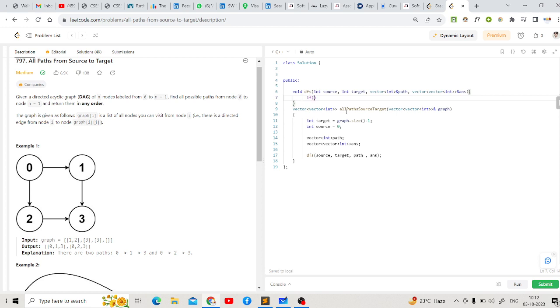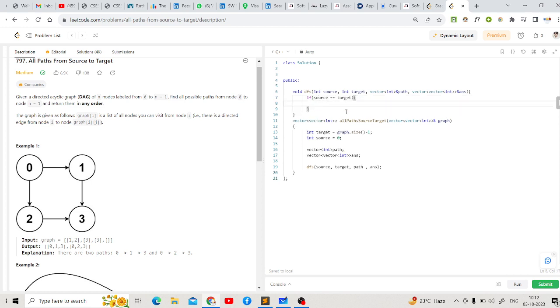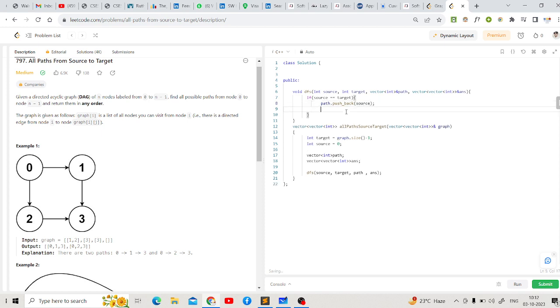Okay. So if this source is same as the target, then let's push this current source, and then we can also push this path into the